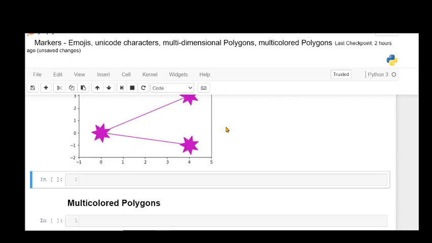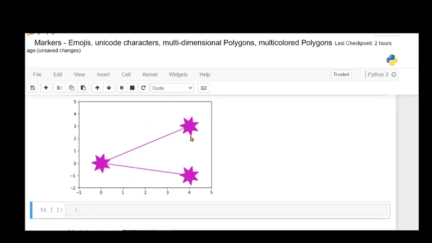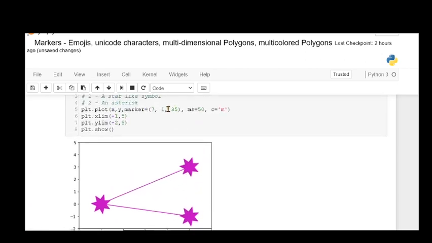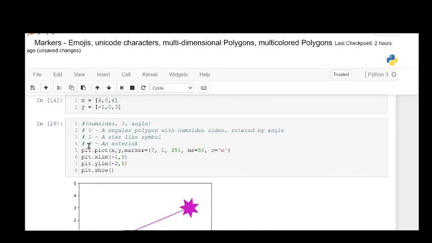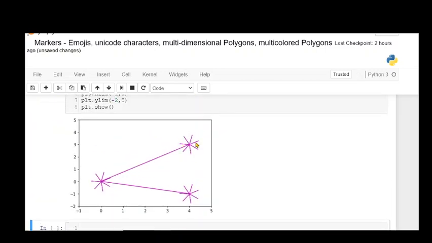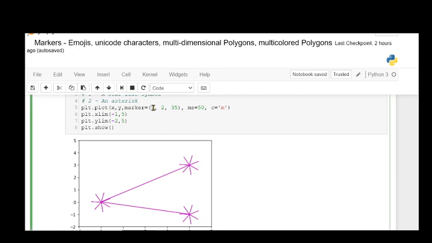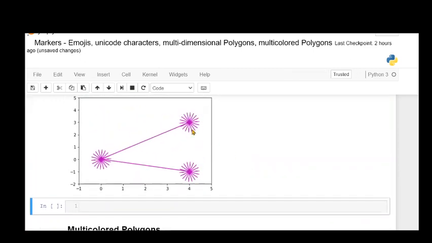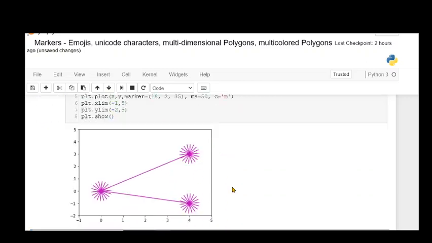And for people who want to micromanage how their graph should look, this is something very handy. All right, then the last here is you can put an asterisk. The shape would be an asterisk kind of shape, and you can decide how many of these asterisk lines you want. So this is like 7 lines. So here if I increase it to approximately 18, you will get an 18 line asterisk. Okay, so this is something I wanted to share.